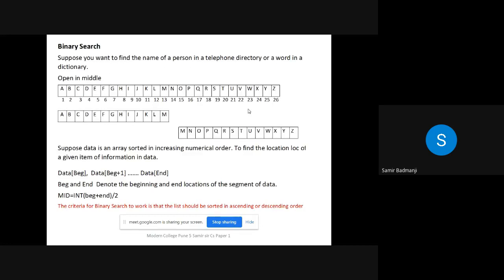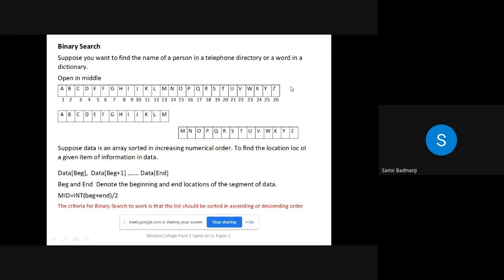Last time I gave you the example that suppose you want to search for a particular word in a dictionary or a phone number in a telephone directory, how do you do it? Suppose this is a dictionary starting from the alphabet A up till the last letter Z. You want to search for a name, say modern.